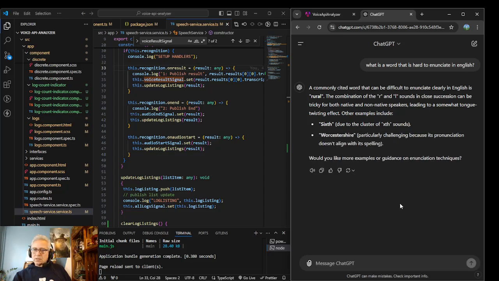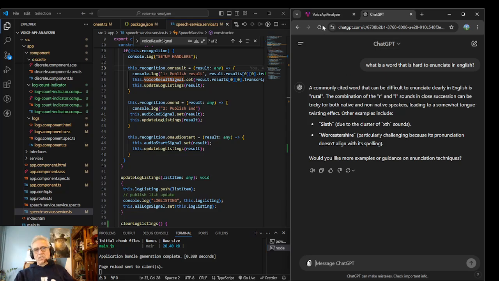Rural. Sixth. Worcester. Worcester. Worcester is kind of tricky.